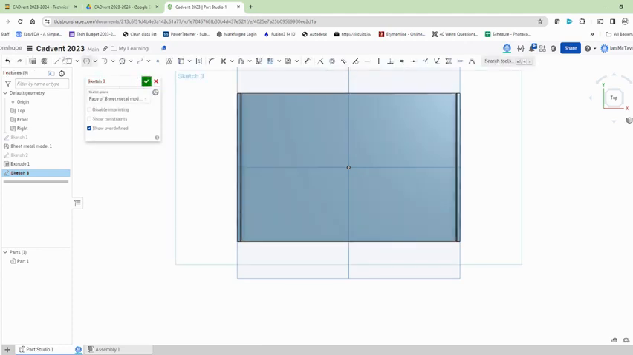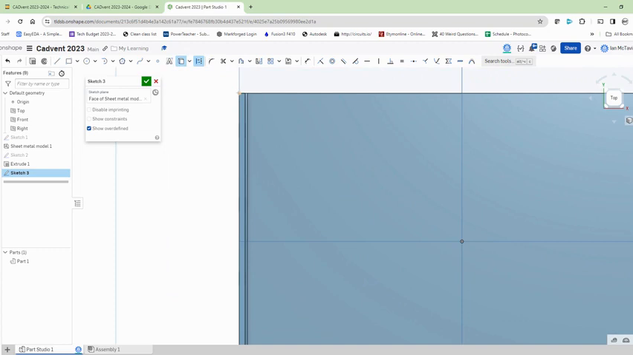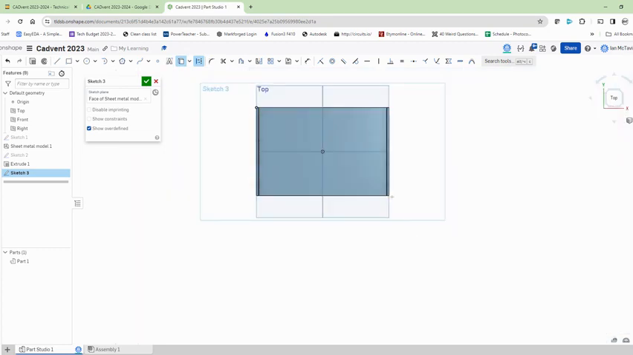Okay, so there's my sketch plane. And I'm just going to do some construction. Actually, what I'll do is I'll do some U's. So I'm going to use these points as reference. And I'm just going to do a construction line. Okay, so now that I've got that,